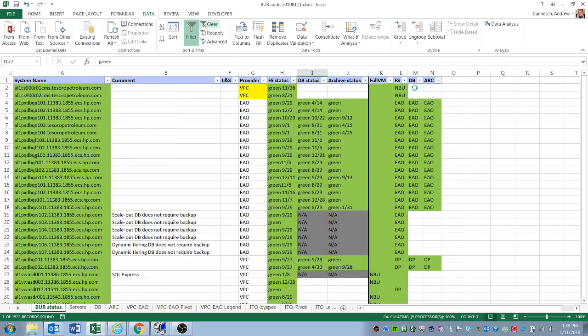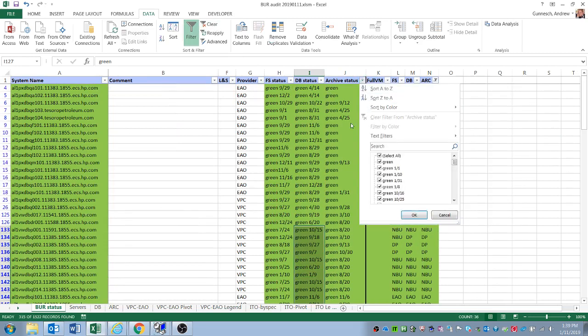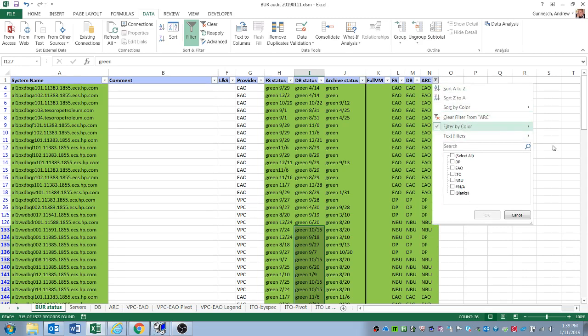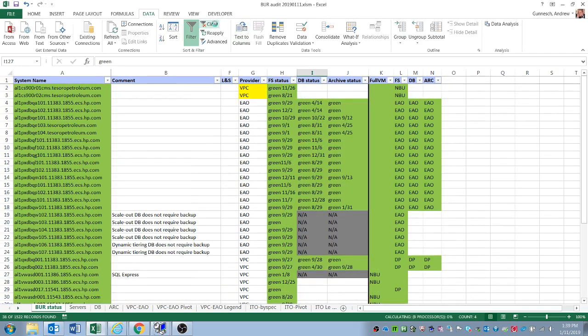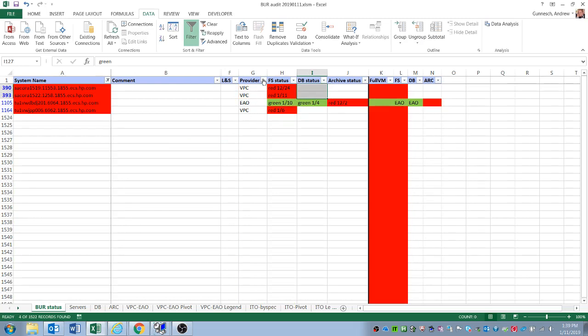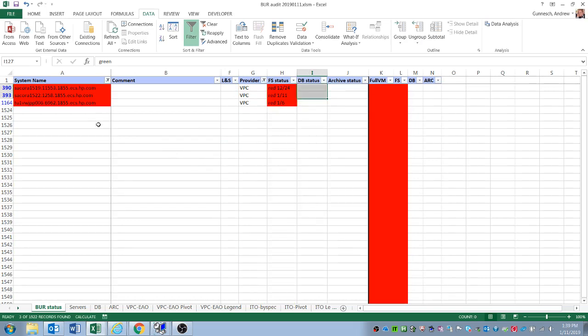Okay, clear the filter, and we repeat the same procedure for archive. Here you can see that there are no non-green archives. And then we select red archives, and again we look for anything that was green before, and there's none. So we now have the report, and we can filter for what we send in an email. The first thing we do is we look at the red servers, and you can see that we only have 2 groups. We've only got VPC and EAO. First we filter on VPC,